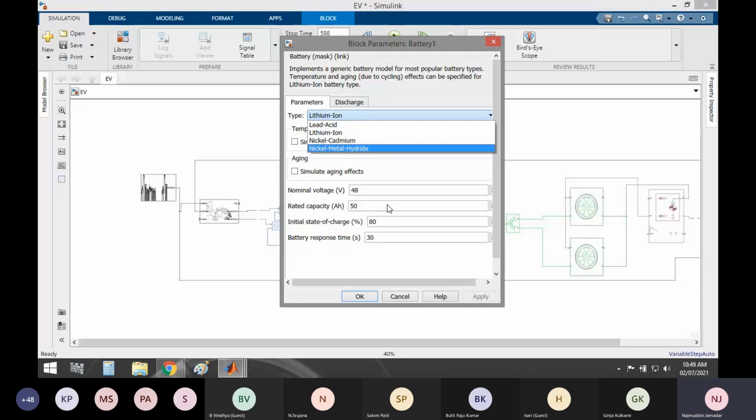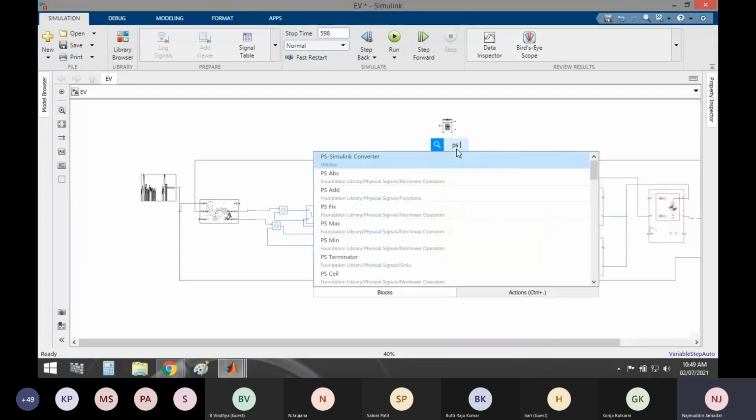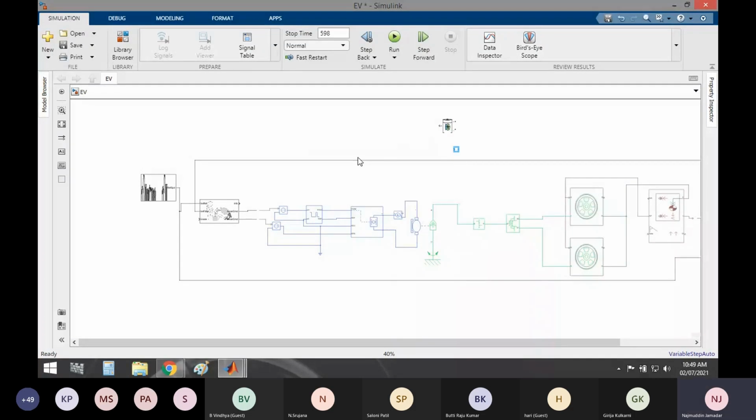You can set voltage, current, initial state of charge, everything. However, it belongs to another library, so I need a physical signal to Simulink converter, PS-Simulink, which can be connected with the info port.